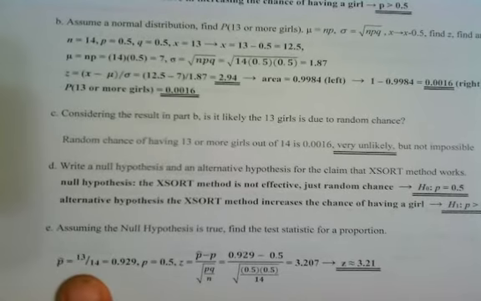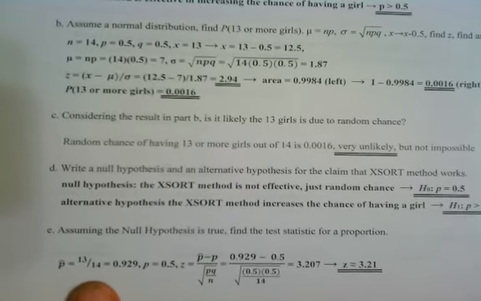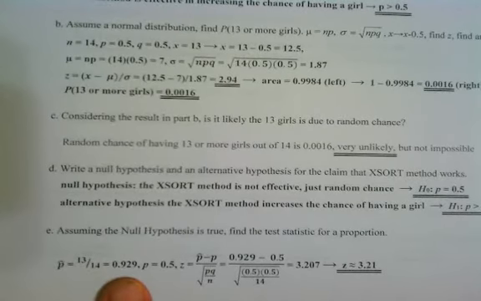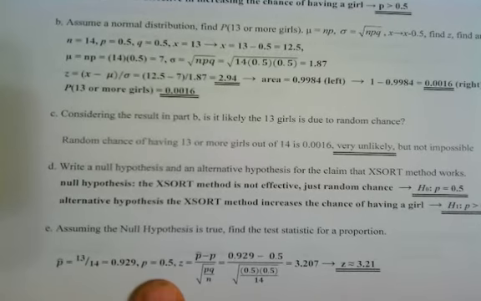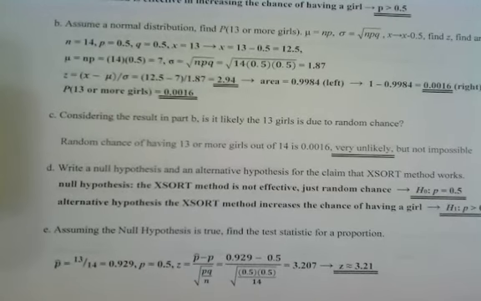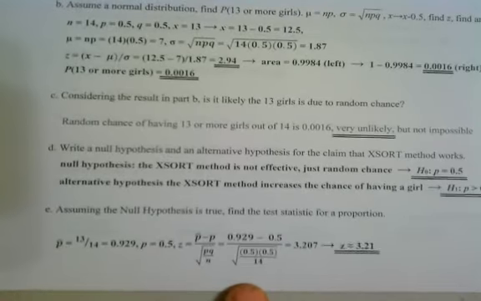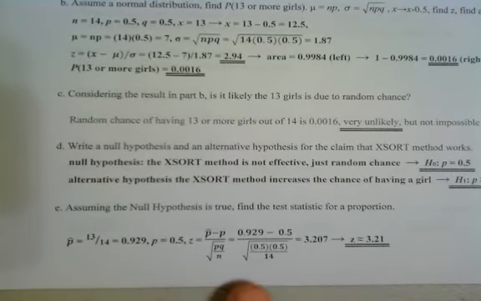now in some problems they will give you p-hat. P-hat is the proportion for your sample. In this case, our sample is 13 out of 14, which when you do the division gives you 0.929. Sometimes they'll just give you that, but sometimes they will give you the two numbers, and so you have to do this division to get your p-hat. P is 0.5. Again, that goes back to the null hypothesis, so that when we then plug it into our equation, our test statistic equation,